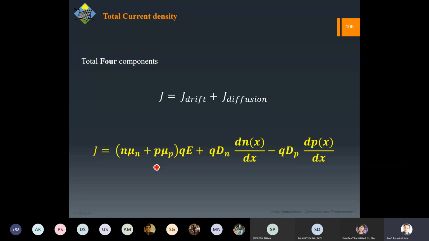Now, we have seen both the currents, current due to diffusion and current due to drift. Okay, and for every case there are two components, one because of the hole and one because of the electron. So whenever we talk about the net or total current density, we should consider all of these four components: drift and diffusion for both. So this is the total equation, and we can apply it at any point of time so that we can find out the current density in the semiconductor.